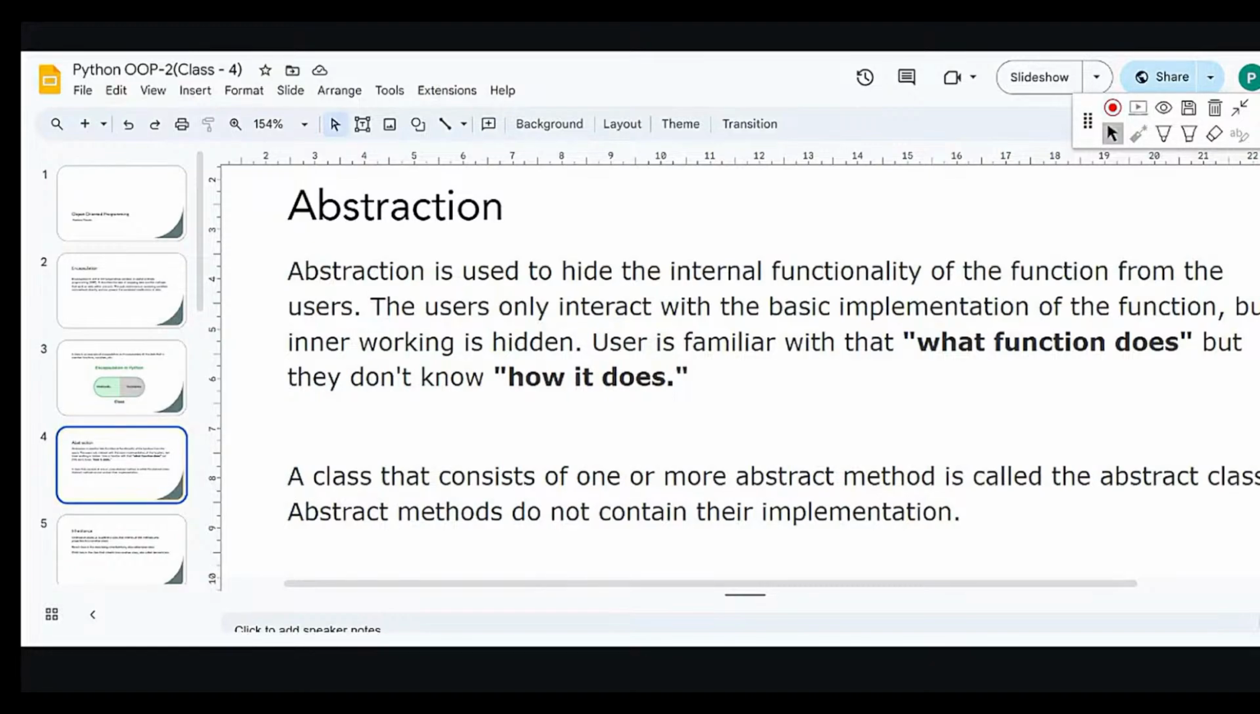Next is abstraction. Okay. What is abstraction? In abstraction, what we do is basically we hide unnecessary information or irrelevant data from the user. Okay. And we just show what is necessary. So just like